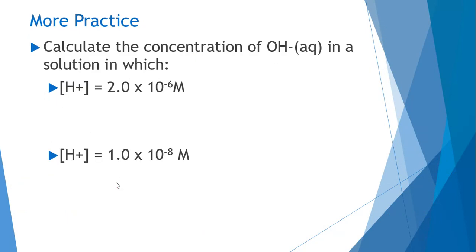To end out the lesson, we're actually going to flip it now. Instead of finding my H plus concentration, you're going to find the OH concentration. Fun fact is that we can use the exact same equation in order to do this. We can say H plus times your hydroxide equals 1.0 times 10 to the negative 14th. And just like the previous problems, we are going to solve them the exact same way and plug in what we know. So we know that hydrogen is